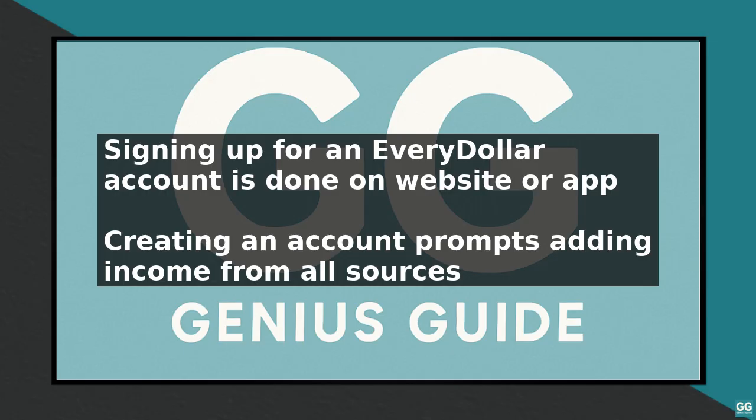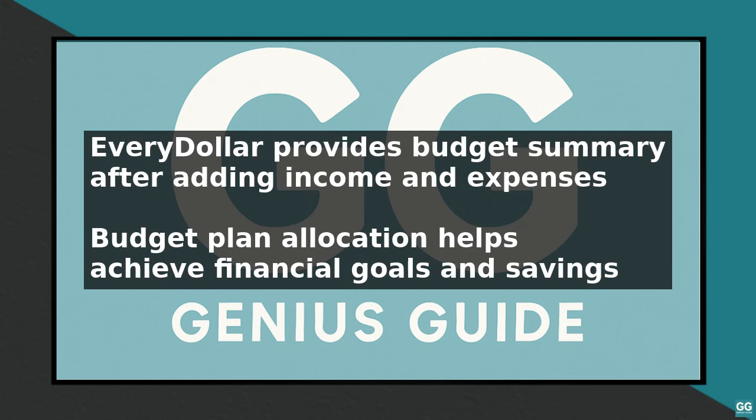debt. After adding your income and expenses, EveryDollar will provide you with a budget summary, which will show you how much money you have available for savings and debt repayment. You can then use this information to create a budget plan, which will help you allocate your money towards your financial goals. EveryDollar also allows you to set financial goals, such as saving for an emergency fund, paying off debt,